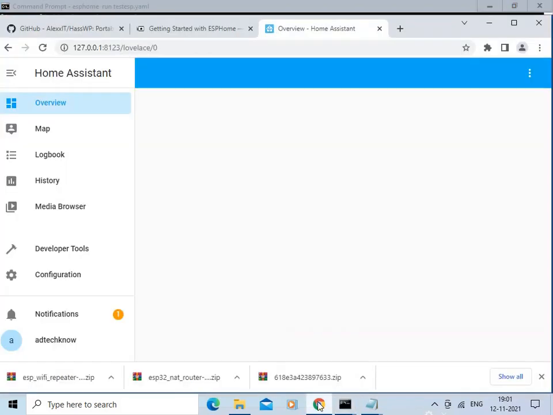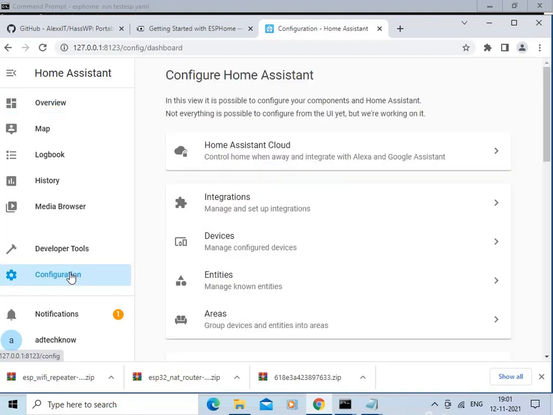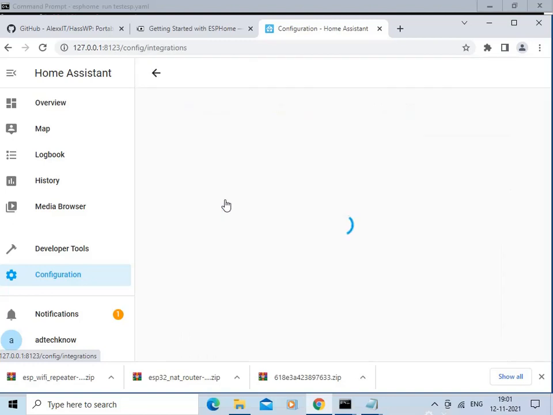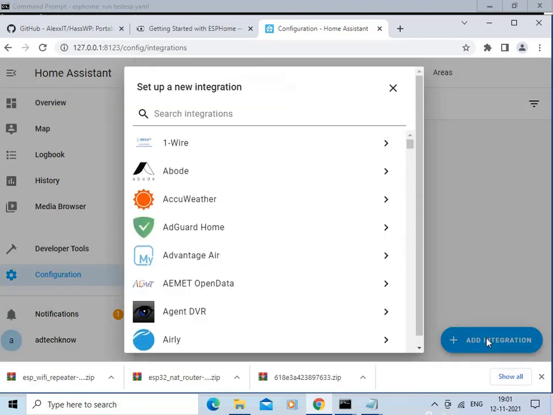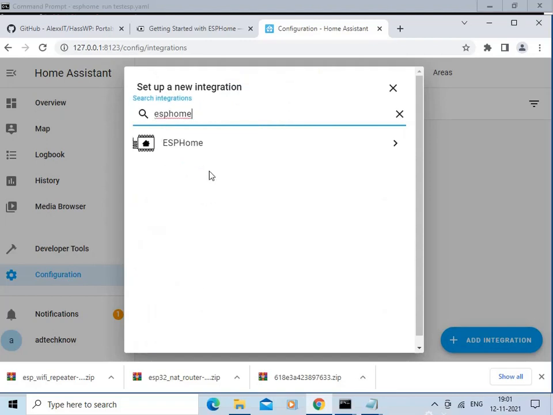Now let us go to the Home Assistant. So now click here on the configuration, click here on the integration, click here on add integration, search ESP Home, click here on ESP Home.